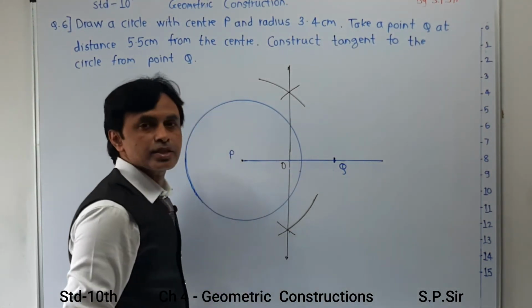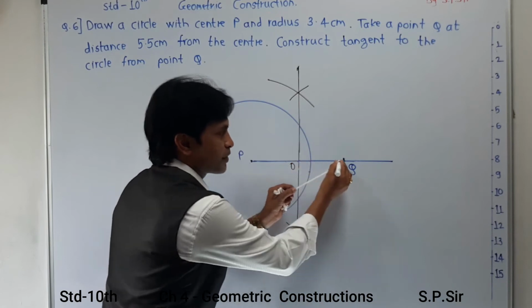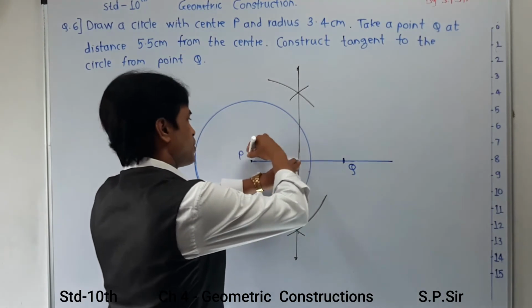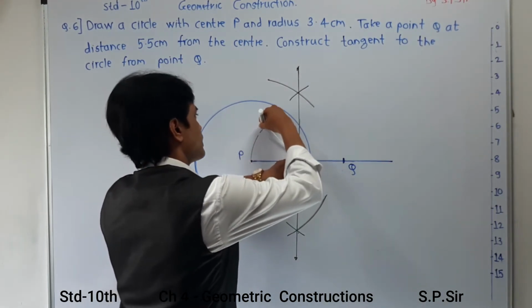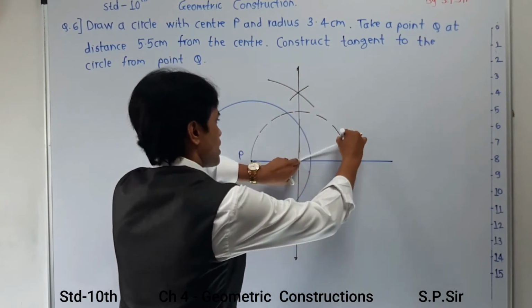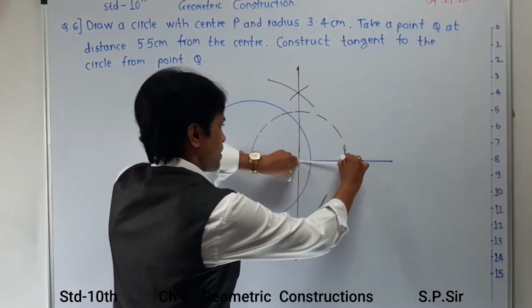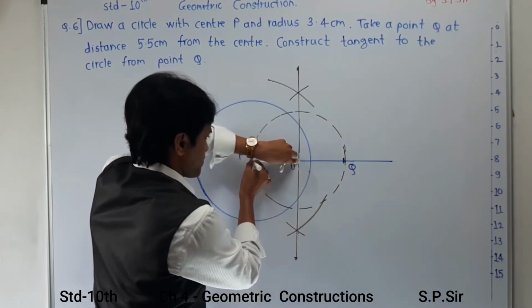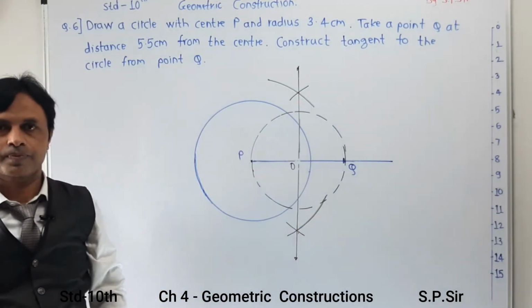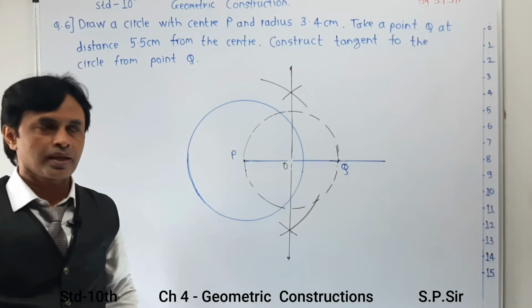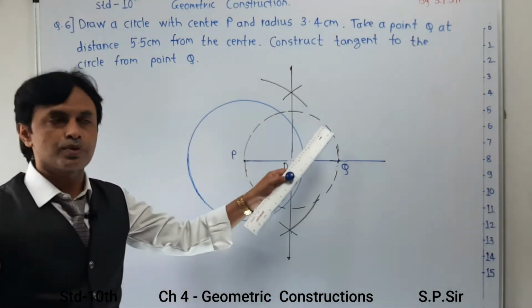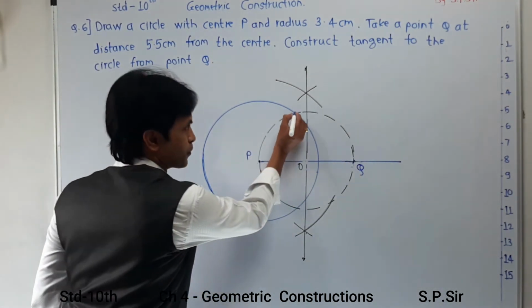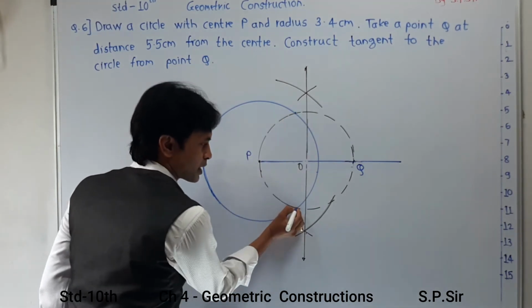Now here O will act as your center, and definitely the distance from O to Q or O to P is already equal. Take that respective radius from O to P and draw your respective circle over here. Now this new circle having center O, which passes through P and Q, touches the original circle at two different points. First point is over here and second point is over here.